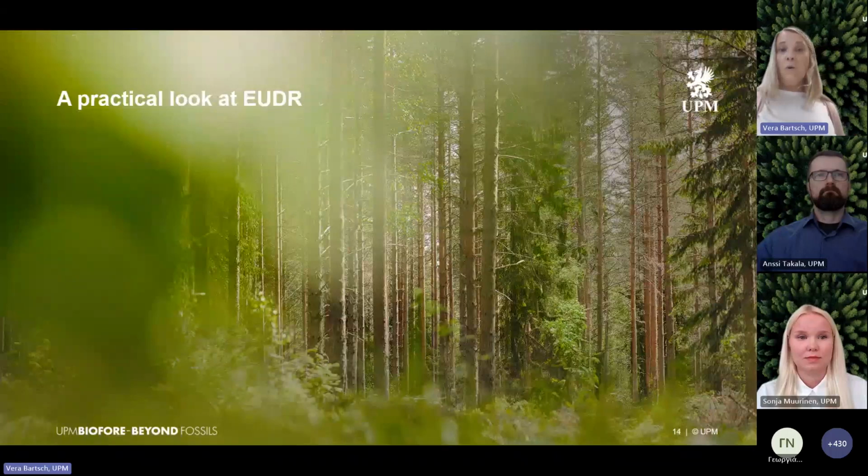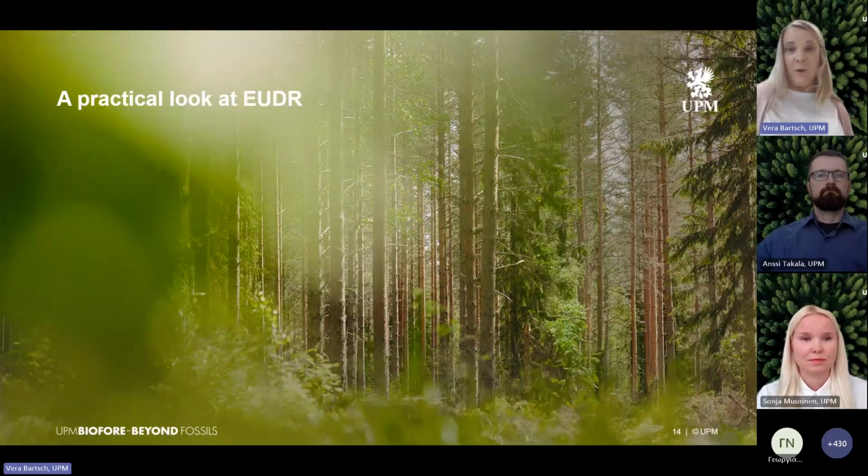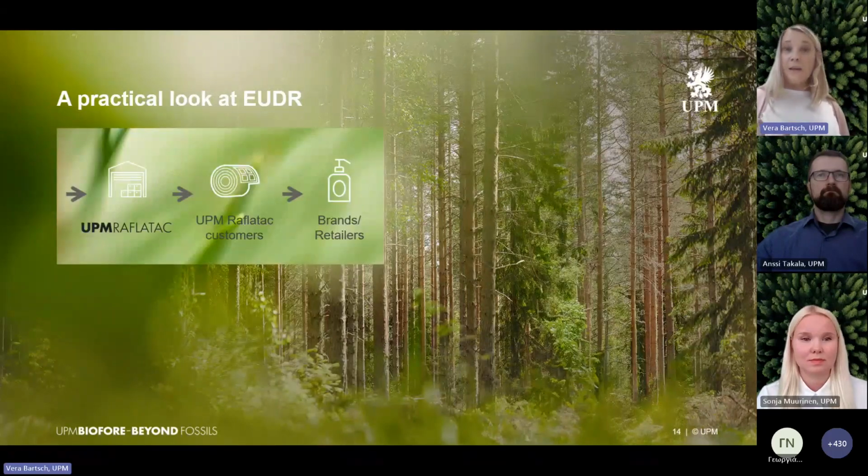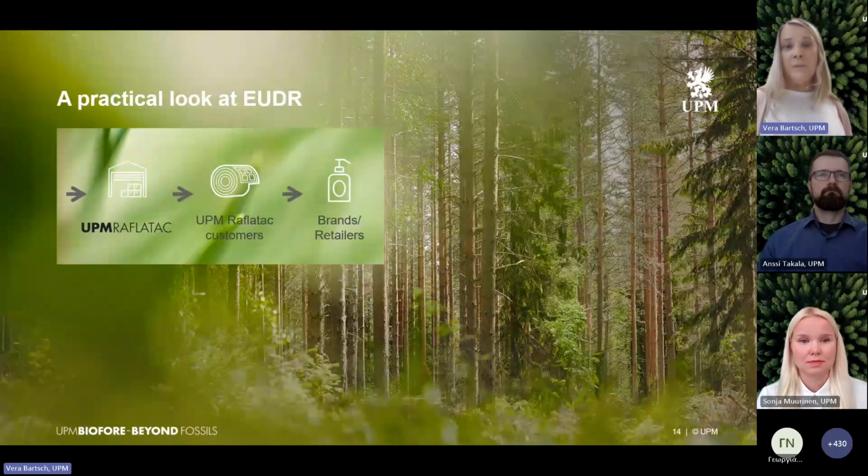So, what are practical things to consider related to EUDR? Let's address a couple of topics on this slide. First, as a customer, if you, for example, print and convert label stock into labels, you may use the same or similar tariff codes, CN codes, as we do when you sell printed labels. And this indicates that you may have a compliance requirement to fulfill under EUDR.